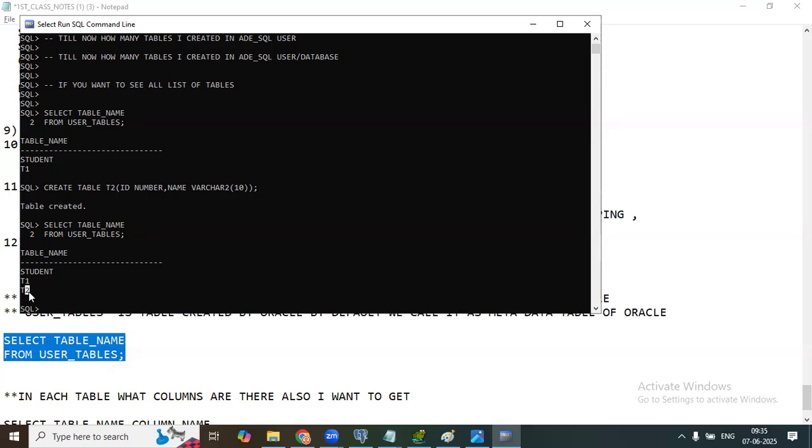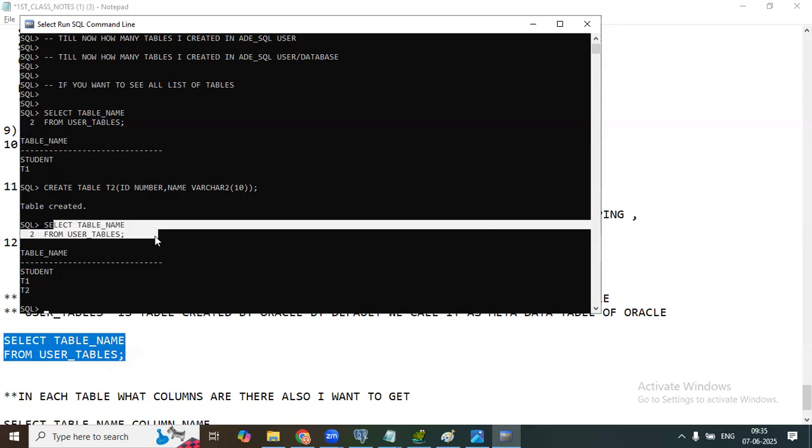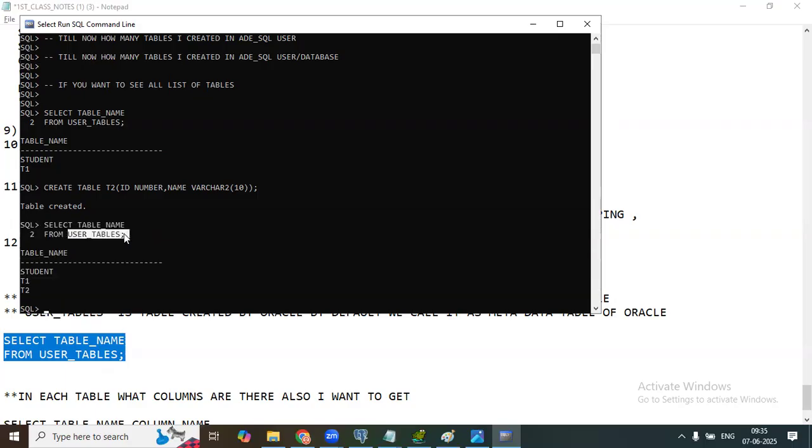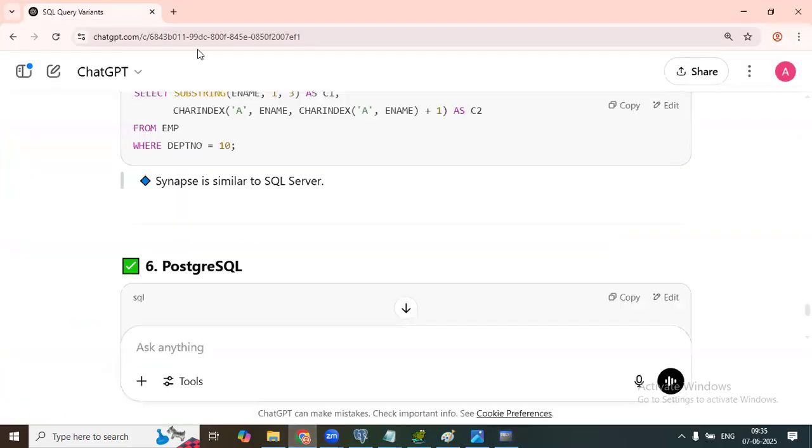If you want to know at the end of your project what all tables are there, you run this query. This is in Oracle; in SQL Server it will be different. In Oracle: select table_name from user_tables. This is an Oracle-provided table which stores all the tables we created.